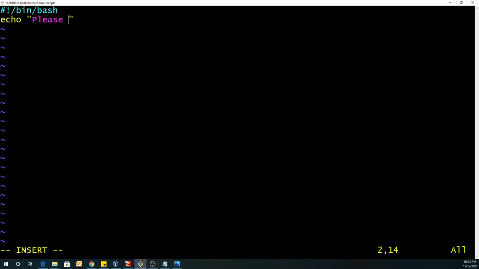Now we will print a message for the user: please provide two numbers for comparison. We will take two inputs and save them in two variables, num1 and num2. Now from here we are going to start our if-else statement, that is the expression statement. First we are going to compare the two numbers. If the two numbers are equal, we will print the message: provided numbers are equal. If not, it should print the message: provided numbers are not equal.